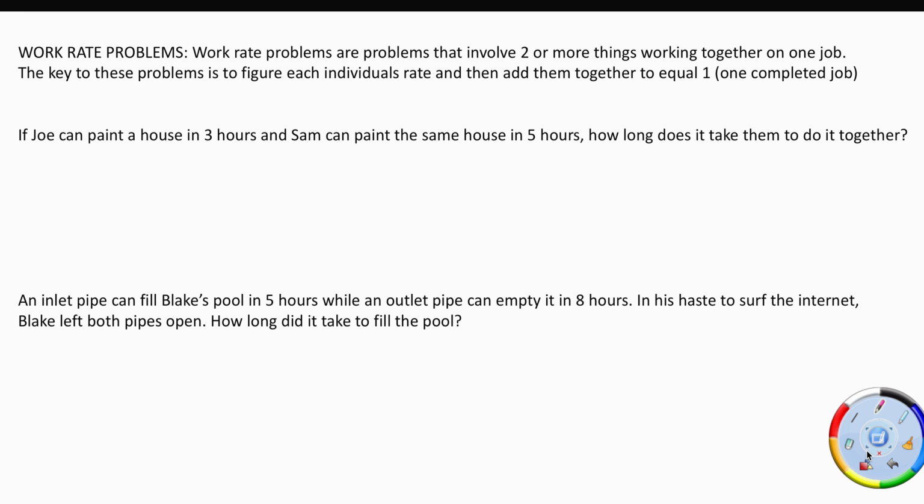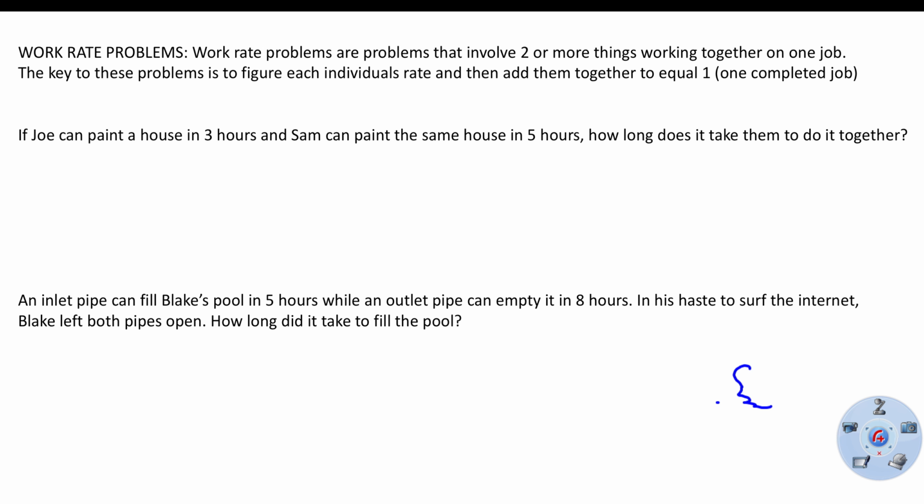Okay, the last kind of problems in this section, finally, are work rate problems. Work rate problems are applications that are very easy once someone shows you the method. It may be something that you never come up with on your own, but once you're shown